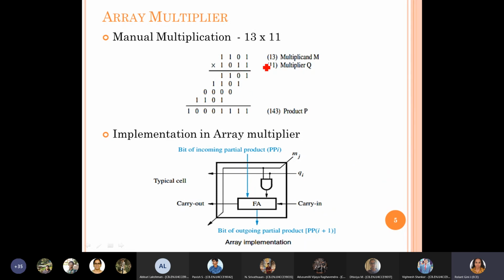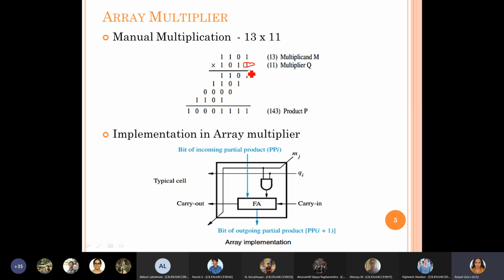See, here what we do, we take each and every bit in the Q and check whether it is 1 or 0, and based on it we decide whether M should be added here or 0 should be added here, right? That's the concept behind multiplication. So I told you the logic is not going to change, the logic remains the same, right?